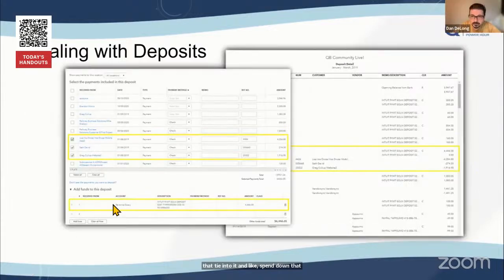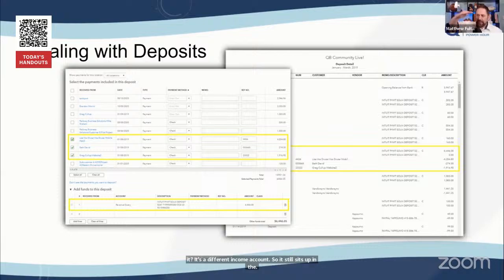So, what type of account is Revenue Query? It's a different income account. So it sits up in your income area, because when it's in there, that's always supposed to be knocked down to 0, is the whole point. As you start to spend these down, it should equal the same amount when you put it to Revenue Query